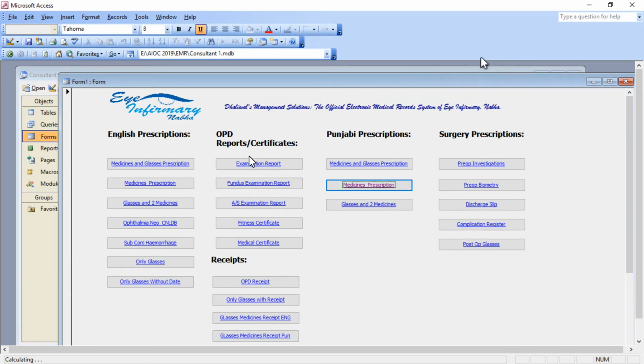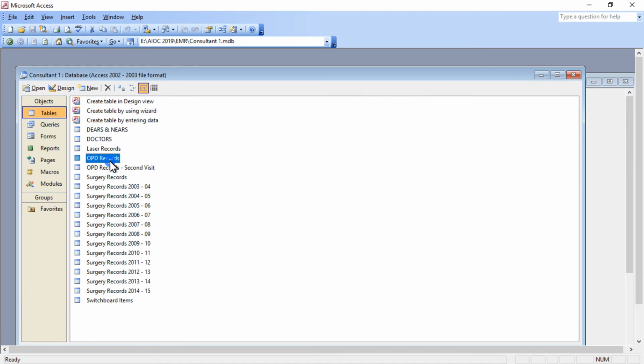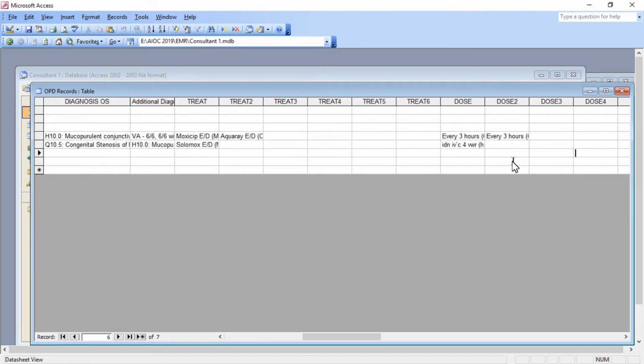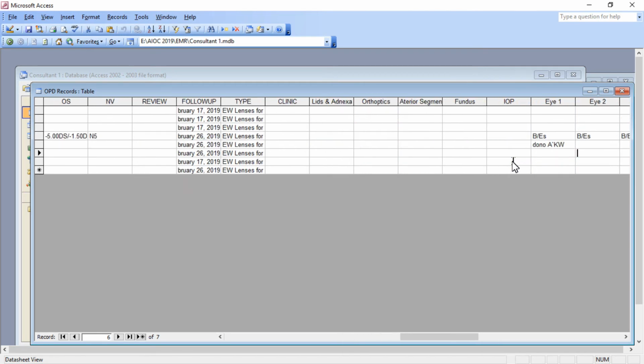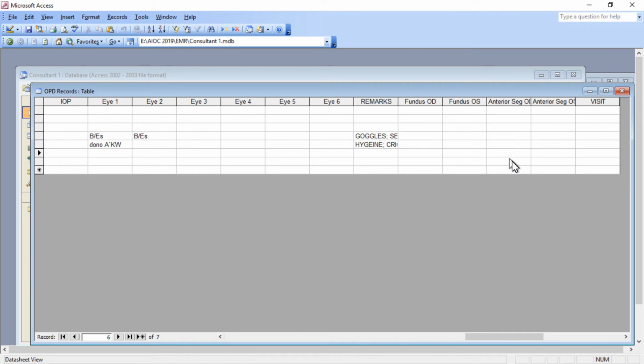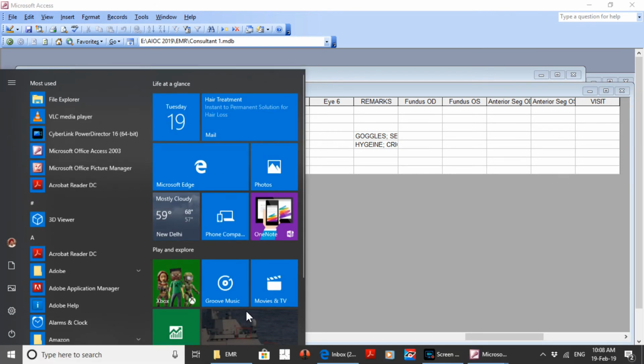Okay. Now what I want to show you is that even in my OPD, there is a table of OPD records. Now this will have all the other fields which were missing from the reception because I don't want my reception guy to see all the fields there so that he doesn't read my diagnosis and the treatments that I am giving. So what I did was that from the reception module, I have made all those fields hidden. So now what I'm doing is I have clicked a few fundus photographs for this patient.